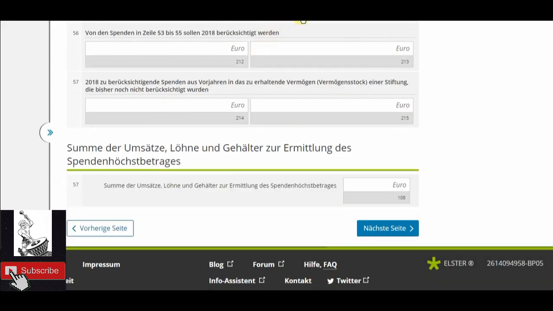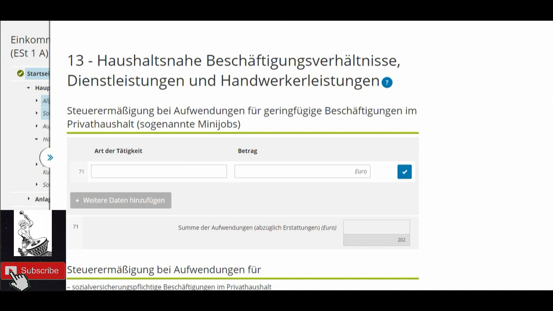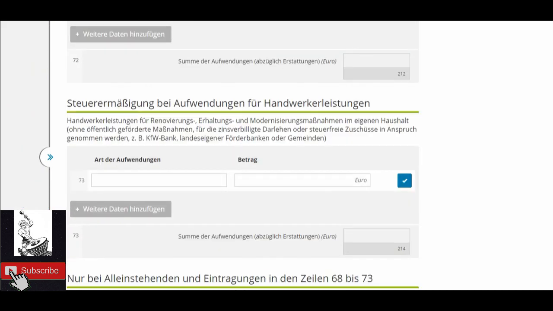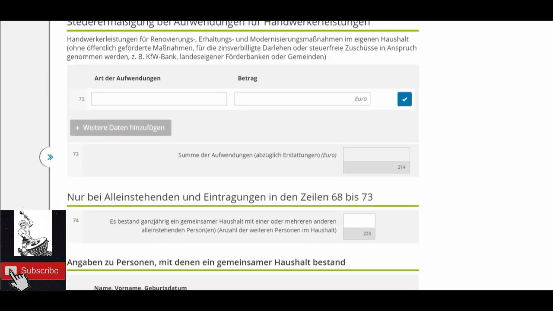So page 13 is for those who have got some problems in their house and hired some help, and you paid the bill, and then you have the slip with you. So if there are people who have private care, like mini jobs given to somebody, you can enter in 71. Or if it's just one-time repair work or gardening or something like that, I think you can enter in the